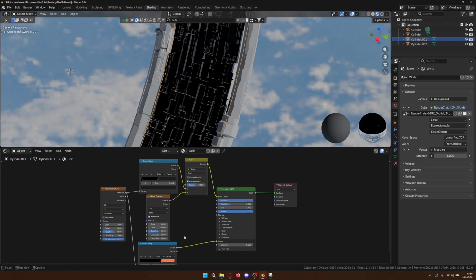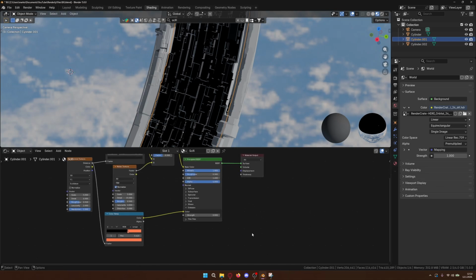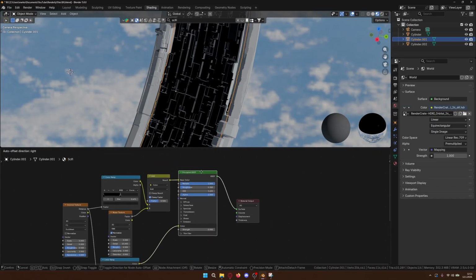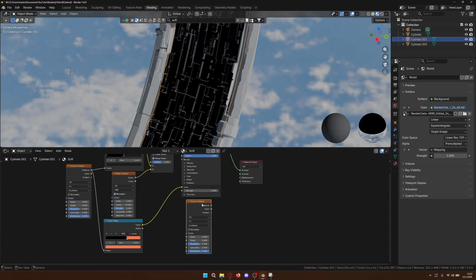And then I'm gonna do another Voronoi texture. So let's duplicate this. Move this up a bit. And I'm gonna check the